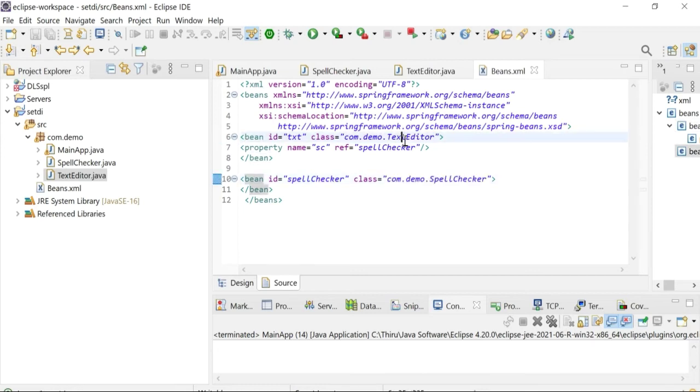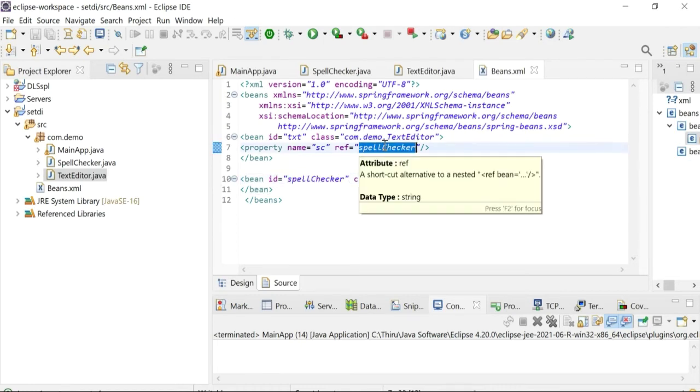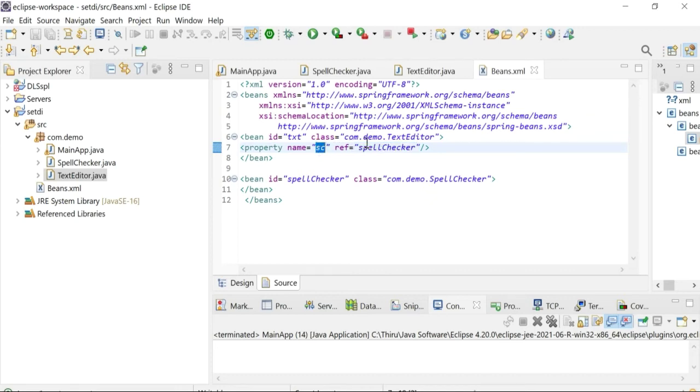When it creates the text editor, the dependent class spell checker object is created. That spell checker object is assigned as a value to the spell checker reference variable sc, which exists in the text editor.